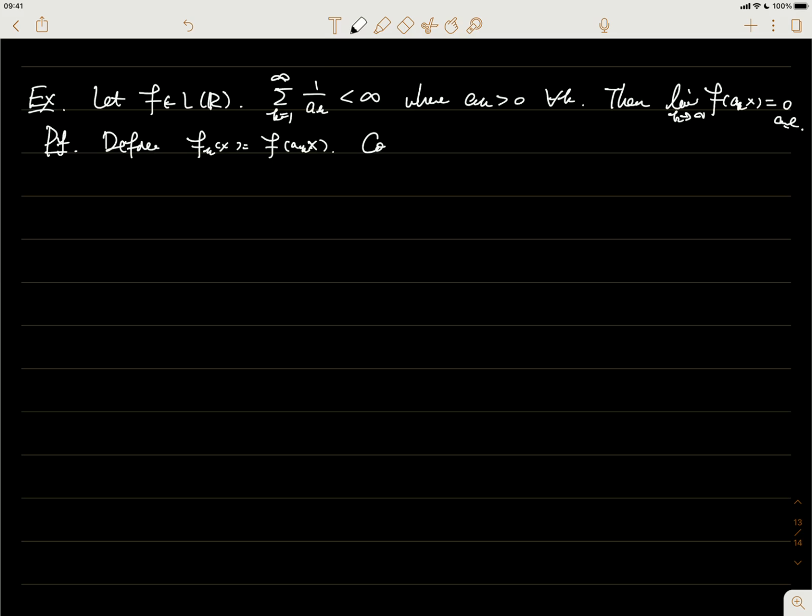So consider the series of integrals, k from 1 to positive infinity, of the integral of this f_k. So apparently this is just equal to, as we defined, that dx,